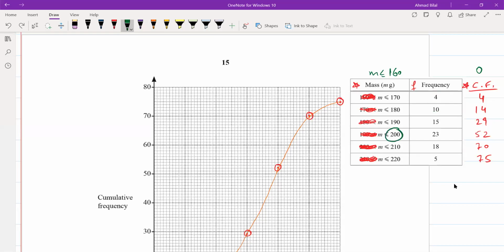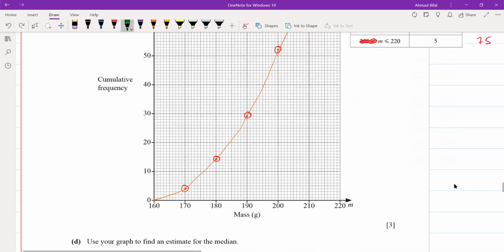इसी तरह 200 की बात करें, लेस देन इक्वल टू 200, अब ये ऊपर वाले सारे लेस देन इक्वल टू 200 है, हम सबको ऐड कर दिए। So that's why we use cumulative frequency और सिर्फ अपर लिमिट यूज करते हैं, बस लोअर लिमिट कोई भी नहीं है, सिर्फ हम कहते हैं कि हम 210 से नीचे सारे जितने भी हैं उन सबको ऐड कर देंगे। So that's what we do here, तो अपर लिमिट्स कंसीडर करते हैं। यस ओके सर। और यहाँ पे हम क्या करेंगे, इसको एंड पे 160 पे जाके 0 पे मिला देंगे, बिकॉज 160 से नीचे कुछ भी नहीं था, so that's why it touches the x axis here, it's 0 there on the x axis।